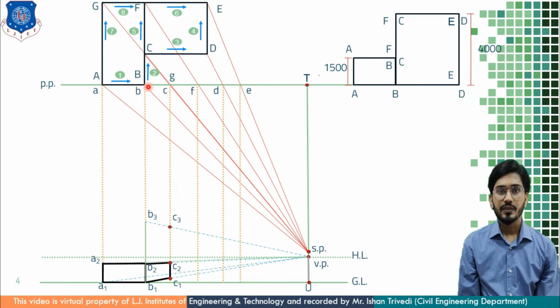Again I am repeating what I am doing here. From the B1 point I am measuring 4 meter height, or in your roller scale it is 4 centimeter height. I'll put a point over there and write down B3 point. Then I am going to connect this B3 point. As I said, all those lines are merging at a point, and that's why I am putting a line from B3 to the vanishing point, which intersects line C, and that point is the C3 point.